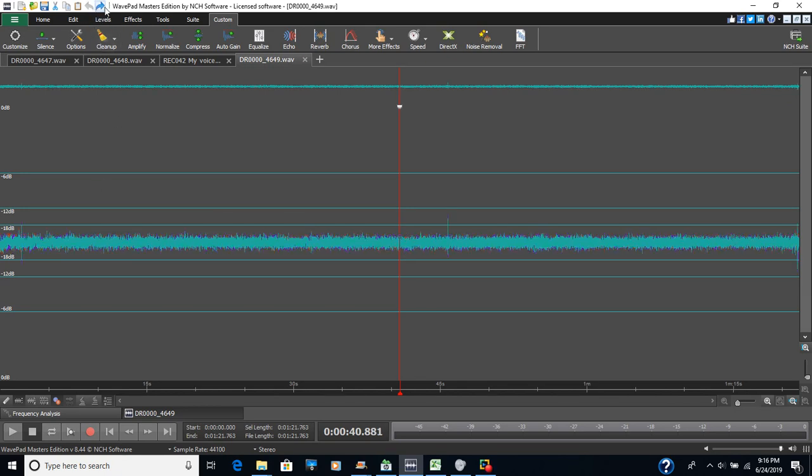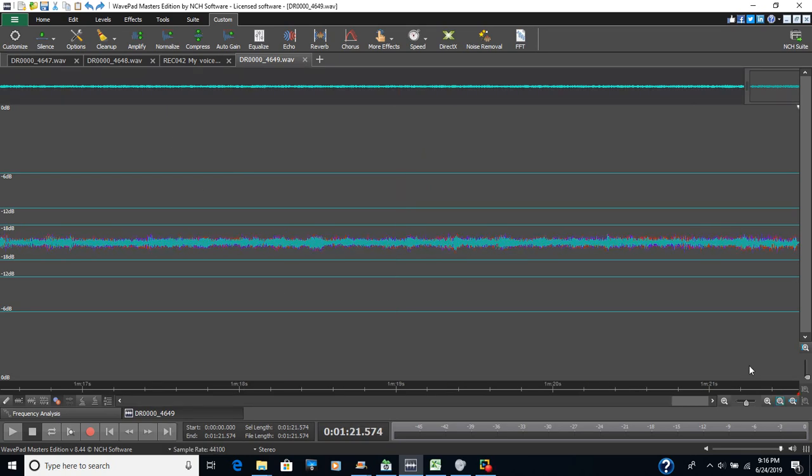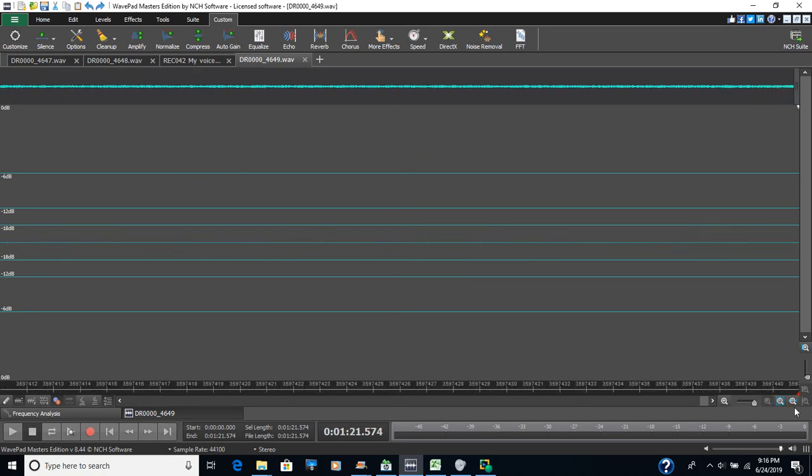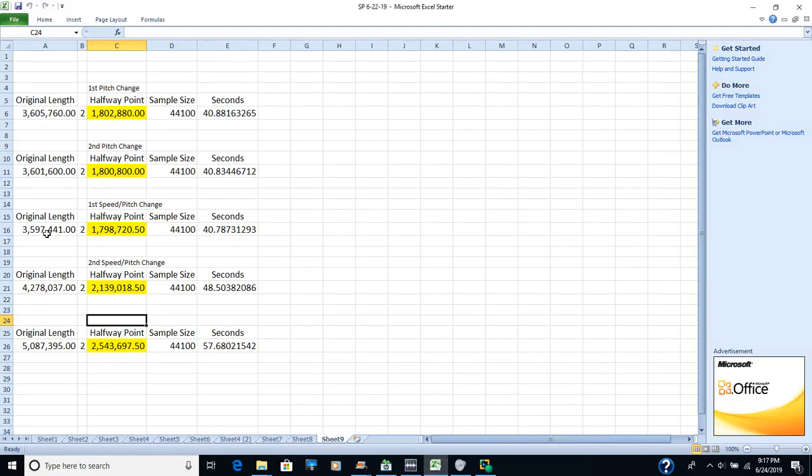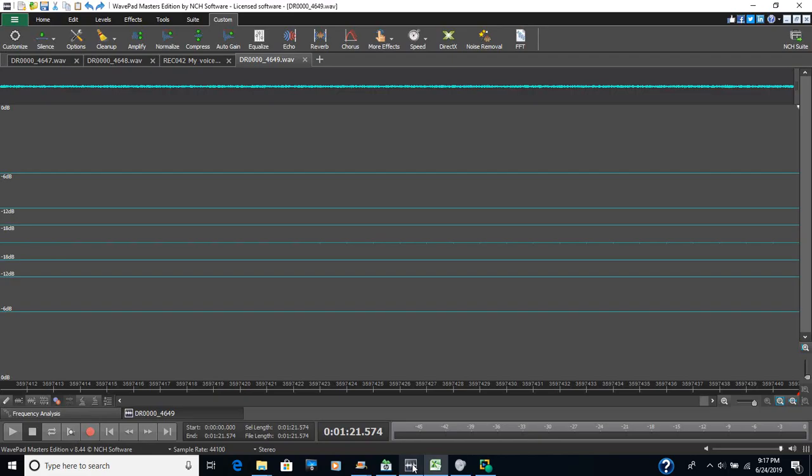So there we are, starting point, first pitch change, had to recenter it, reverse the file, second pitch change, and the file length changes again. So if I go all the way to the end and I look at it, now we're at 3597441. Alright, and there I popped it in again, found the halfway point, and once you get to that,